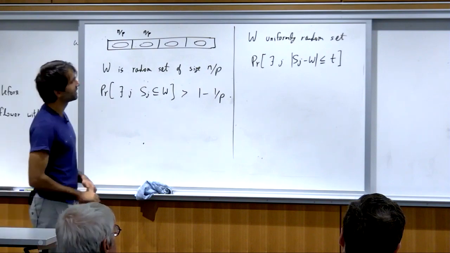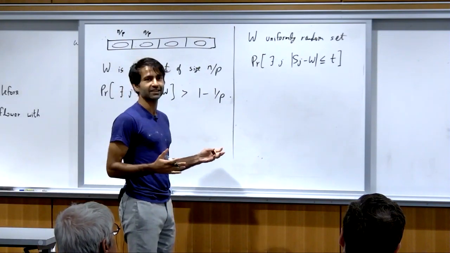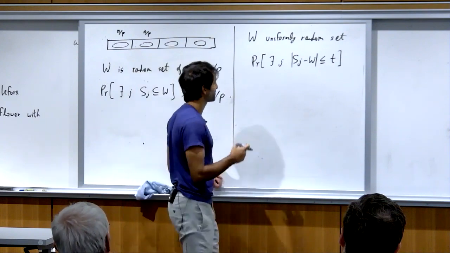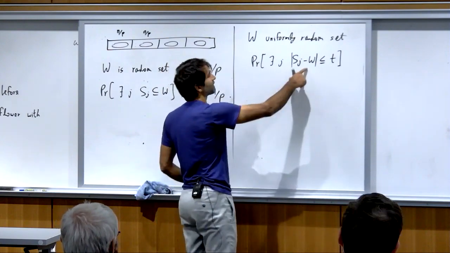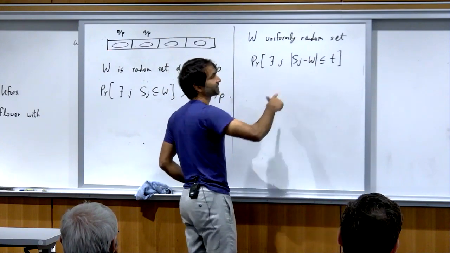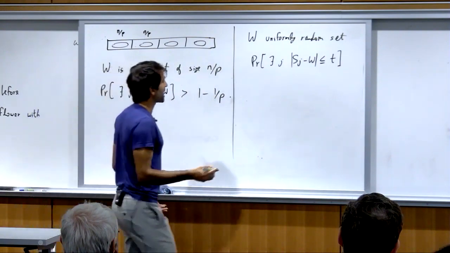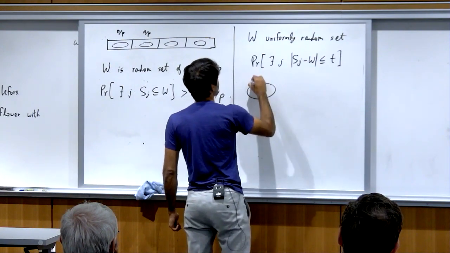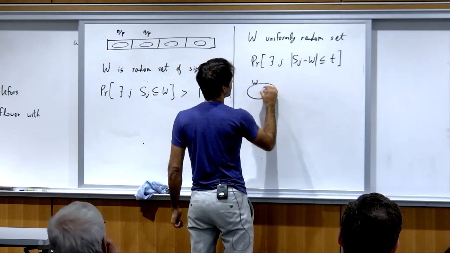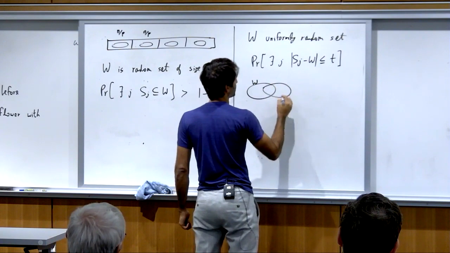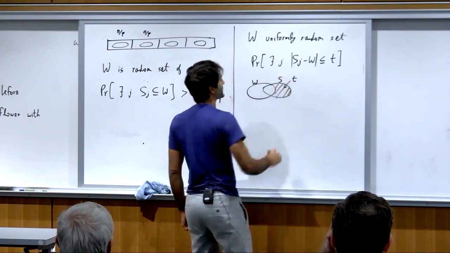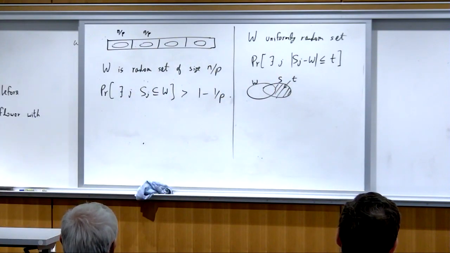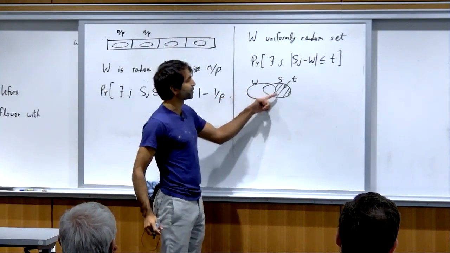Here's an argument. You can think about this for a while, and here's an argument that puts a bound on this probability. Let's look at all the W for which this does not happen. So what are the bad W's that we're worried about? You take W, and whenever you take a set S from the family, a lot of it sticks out. So you have t elements sticking out here, whenever you take a set S from the family. This is the kind of thing that we want to avoid: bigger than t.